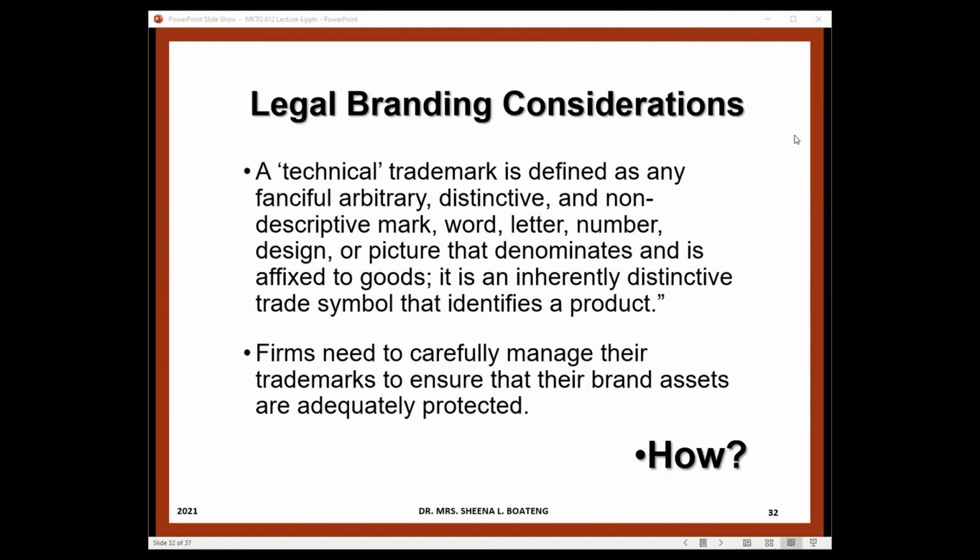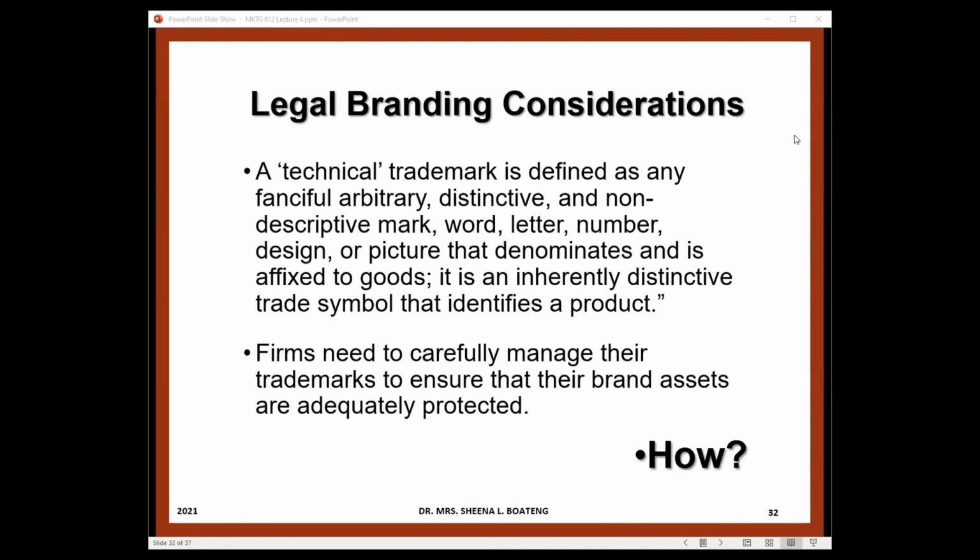So with regard to the nature of brand elements and the pivotal role they play in building brand equity, we are saying that firms need to carefully manage their trademarks. And managing trademarks begins with obtaining them in the first place to ensure that their brand assets are adequately protected. Because if not, anyone can obtain the rights to those brand elements in the way that they are being utilized and combined by your brand and use it for their own products and services,